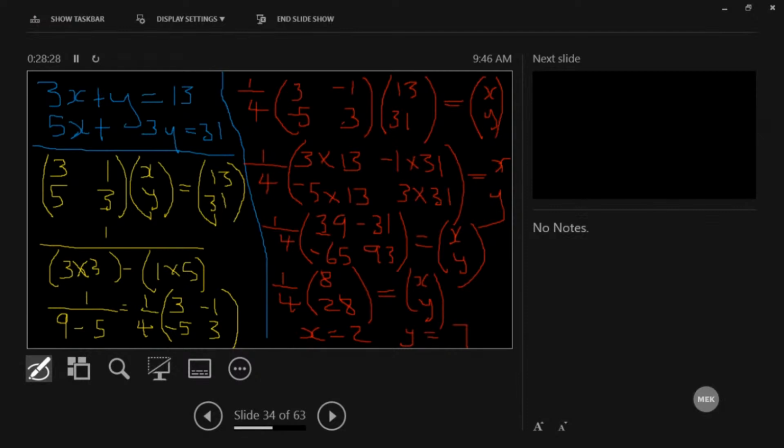Okay. So we're going to do a couple more for good practice. Maybe about 3 more. And by then, you should be quite versed in solving simultaneous equations using the method of matrices. All right, so the third, this is a pretty simple one. So x minus y equals 14,